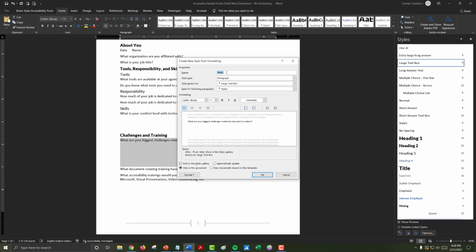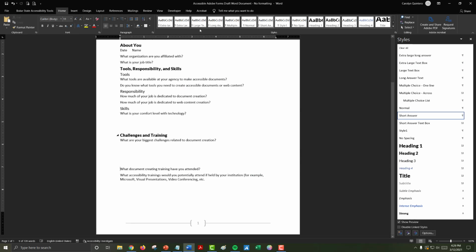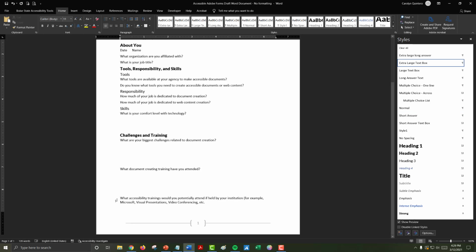Select New Style. And then I'm going to call this one Extra Large Text Box to differentiate between the large text box, which might be my standard, and then this extra large one when I need to have that little bit more space. So now I can apply this extra large text box spacing to my document.